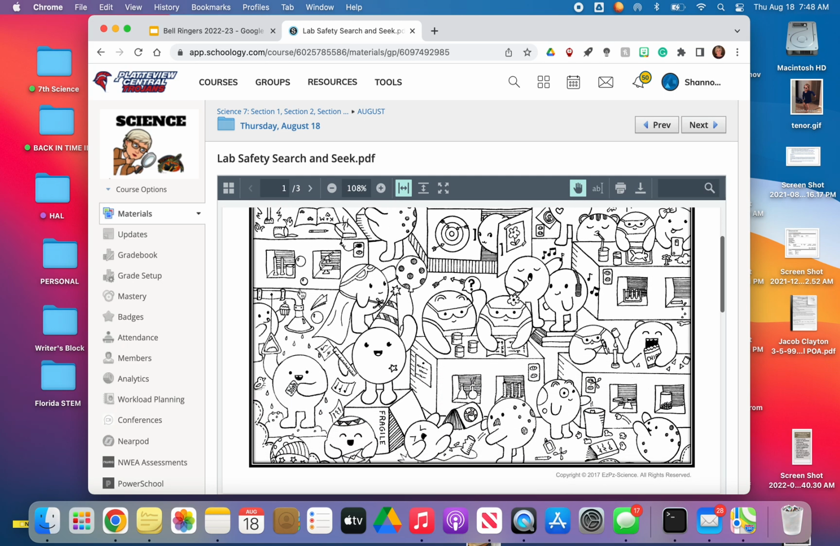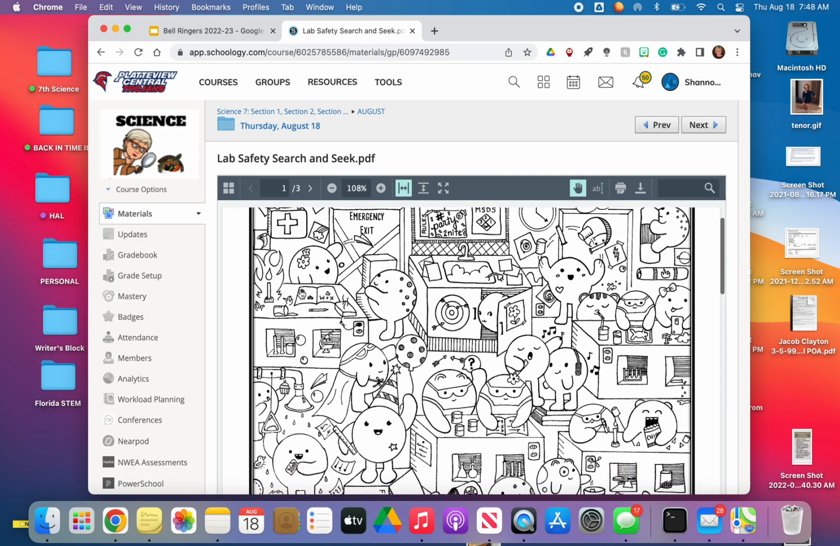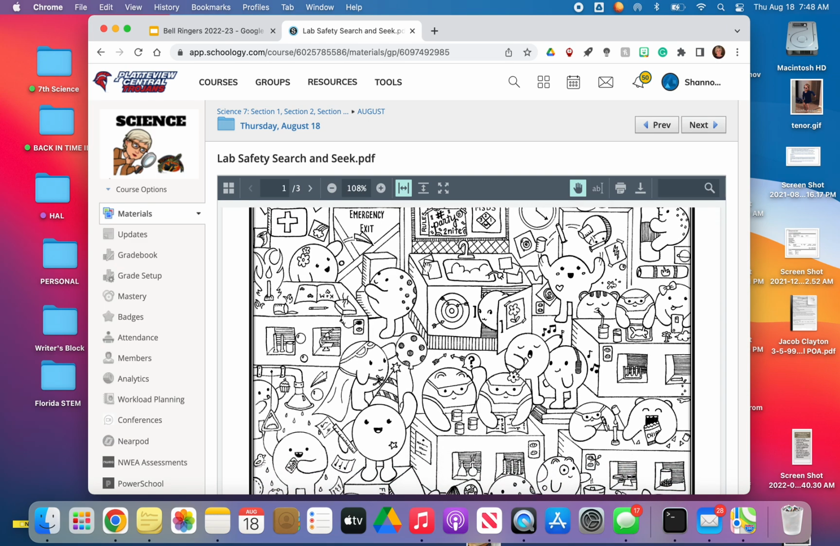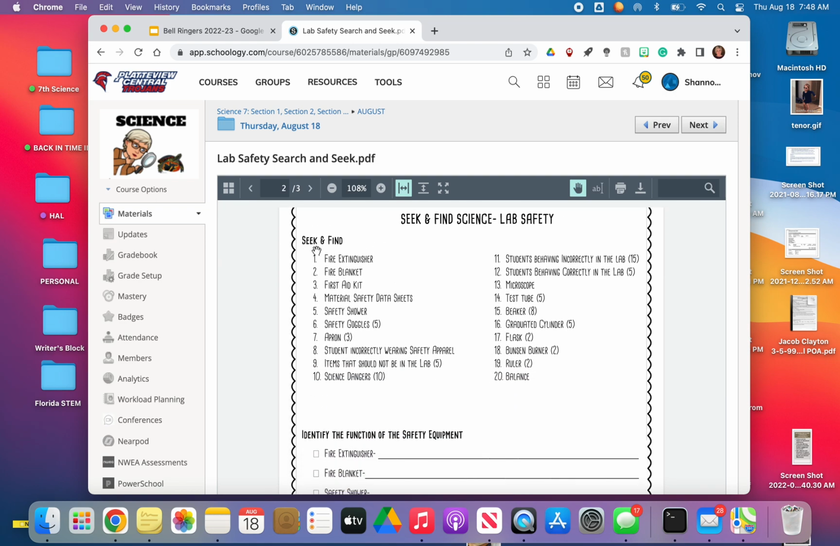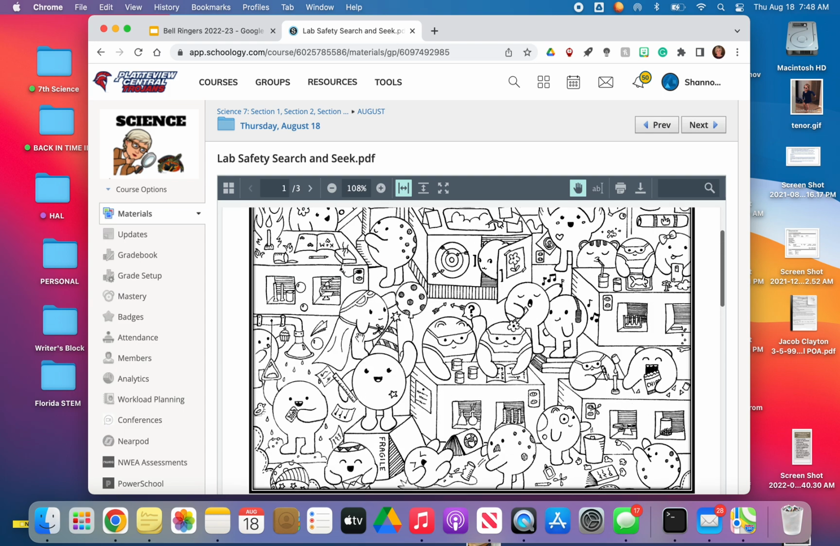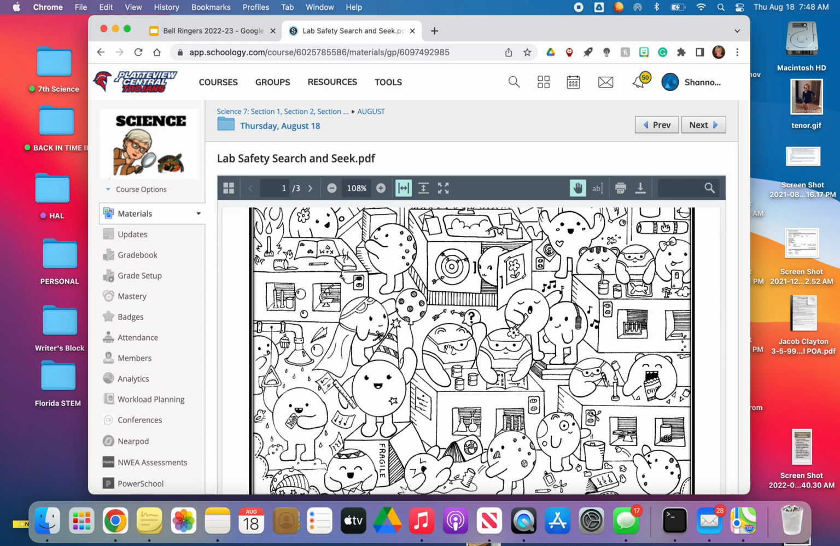And you'll see that you've got this picture here, right? And it's pretty, there's a lot going on. On this page, I'd like you to seek and find these different items. And if there's a number in parentheses behind the item, that means there are that many in the picture, and I'd like you to find that many. So there are 6 safety goggles,